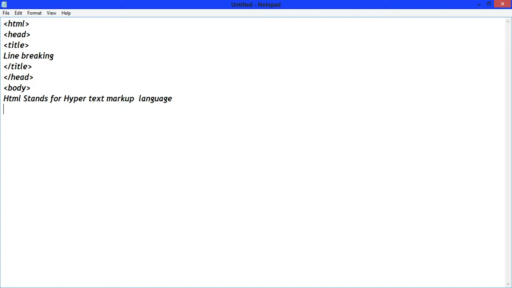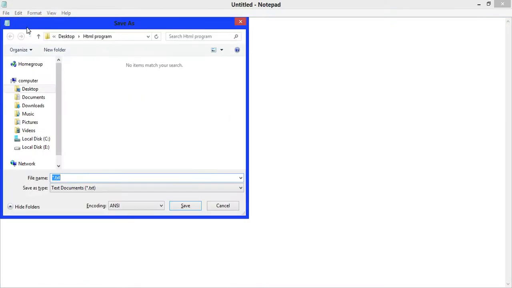Now change line and write here, it was developed by Tim Berners-Lee. Now close body tag and finally close HTML tag. Now save it.